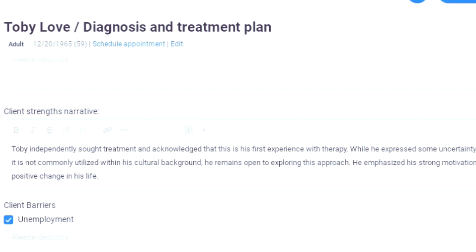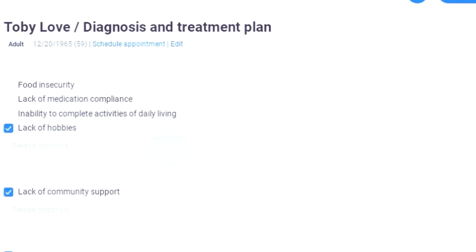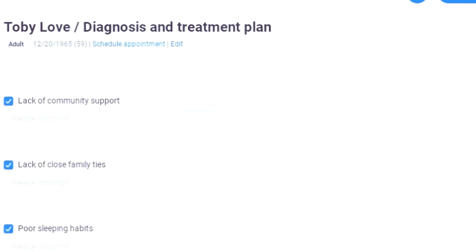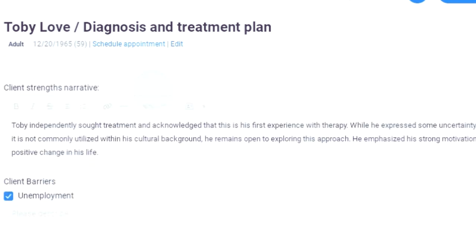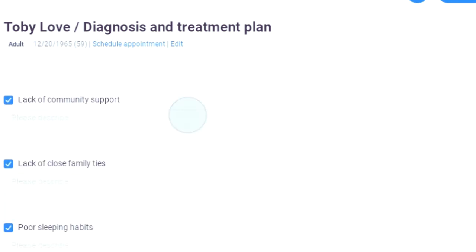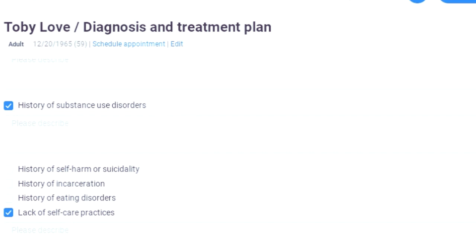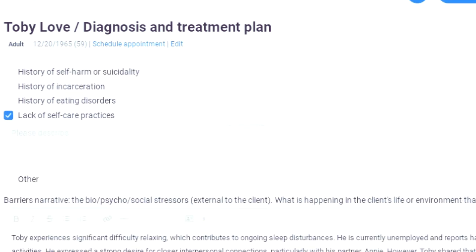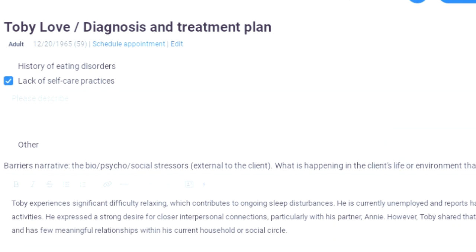And then we go to the barriers part of the treatment plan. So Toby's not employed. There's financial instability. He doesn't have a lot of hobbies or community support. And he's not close with his family. He's got poor sleeping habits. And then a history of substance use, lack of self-care practices. So I just check off the things that I have on my list, and then I give the